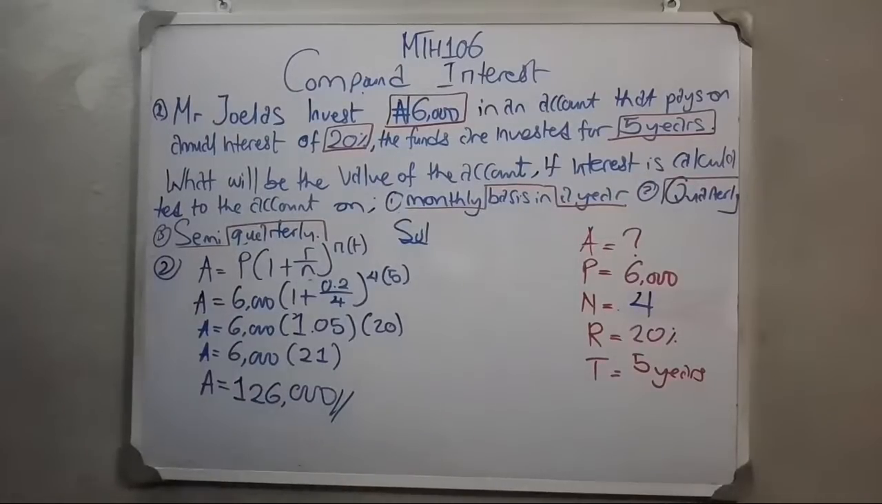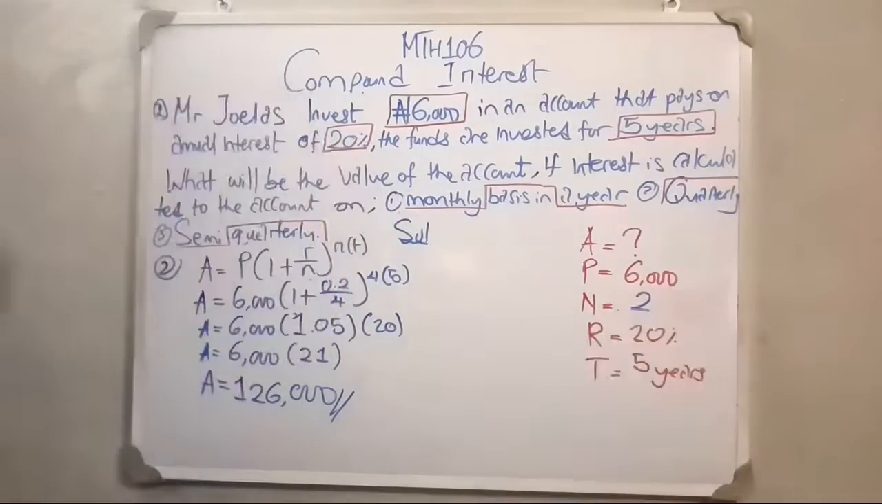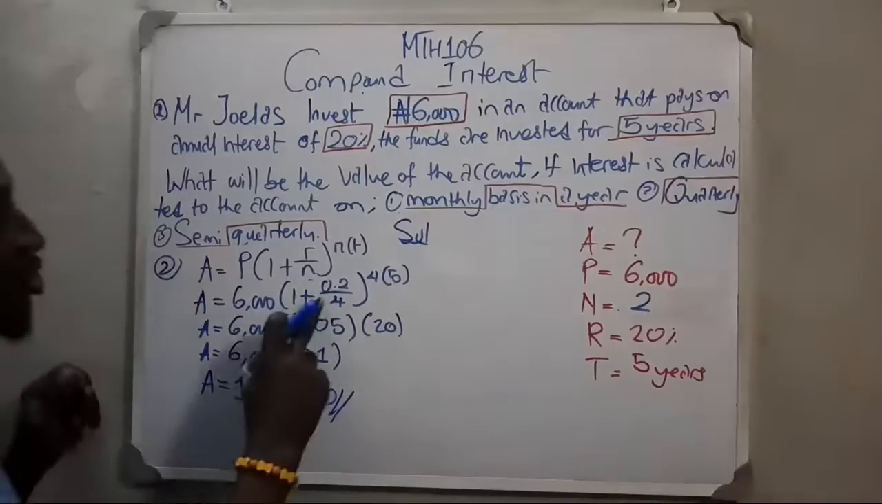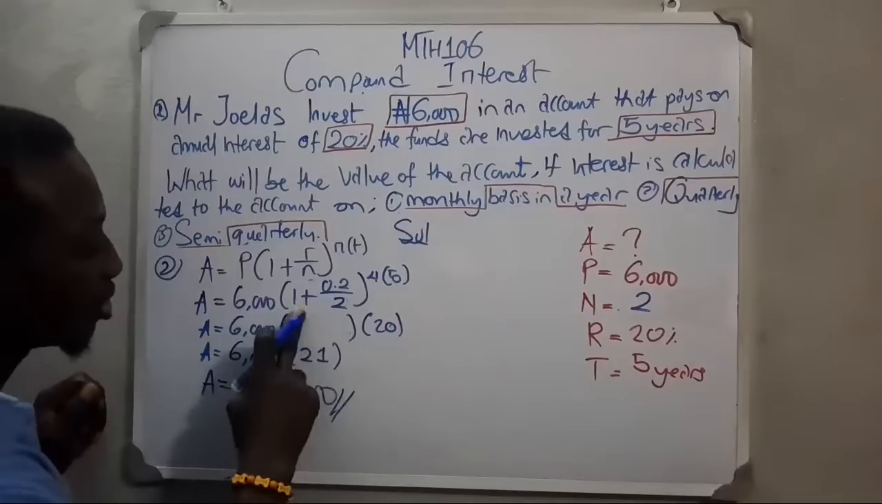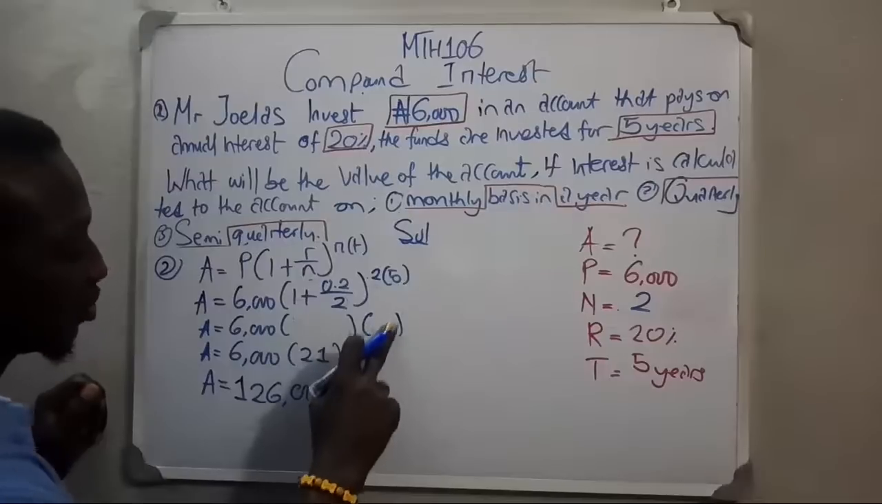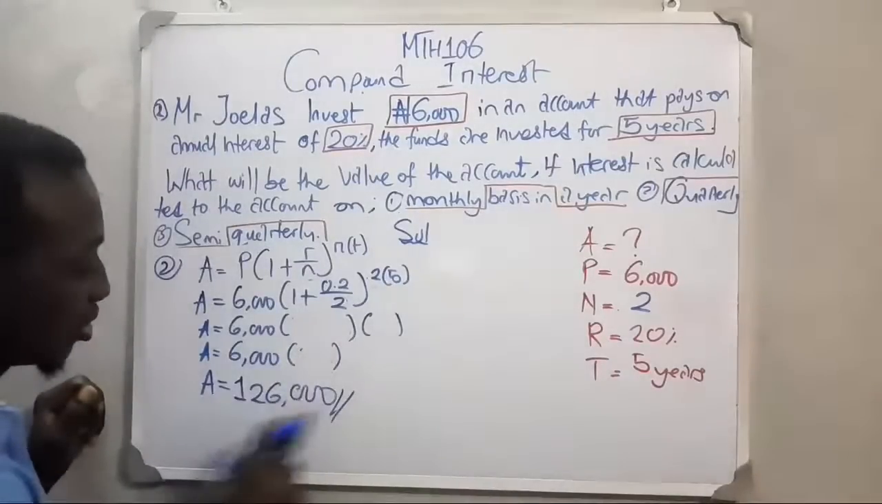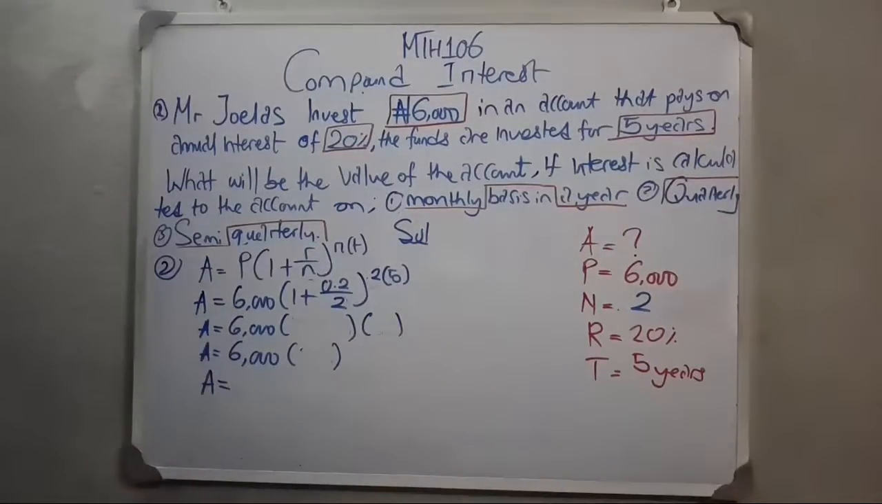Quarterly is 126,000. All right, so now if I do semi-quarterly it will be 2. So this will change to 2. This is going to change. This is going to change to 2. This is going to be changing as well, and this is going to be changing as well. So now, if you are doing it for semi-quarterly, all right, that is